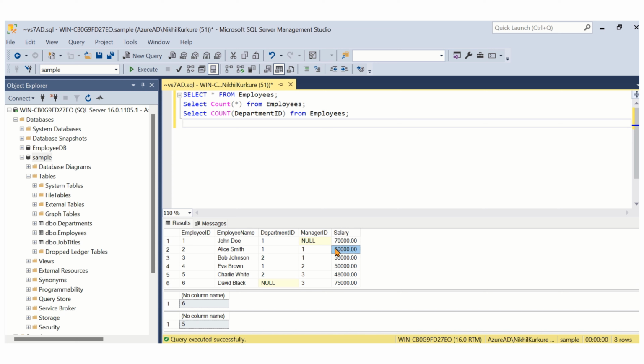So guys, let's say you want to calculate the total. When I say total, it will always be on a numerical column. Am I right? That time you can use the summation. So let me write the query for sum. Select